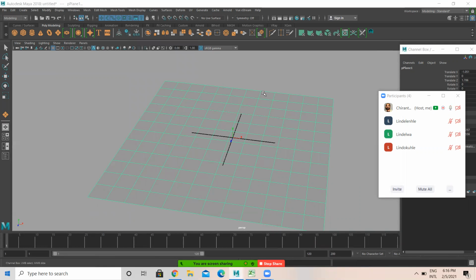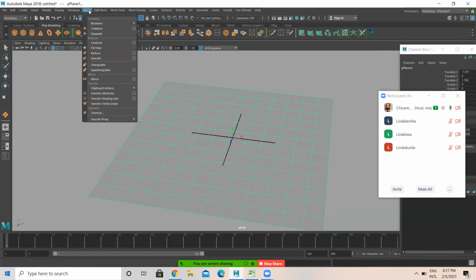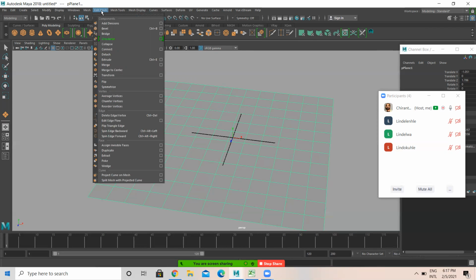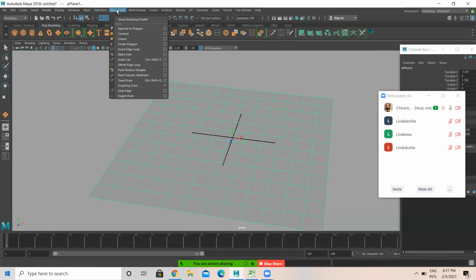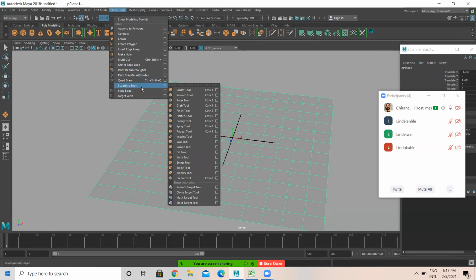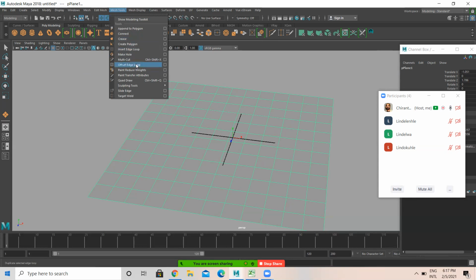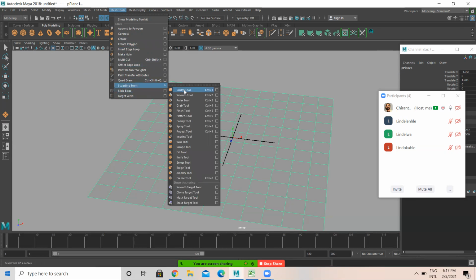For the sculpt poly tool, we need to go to mesh tools, sculpting tool. Okay, in this sculpting tool, you have sculpt tool, smooth tool, relax, grab, pinch.